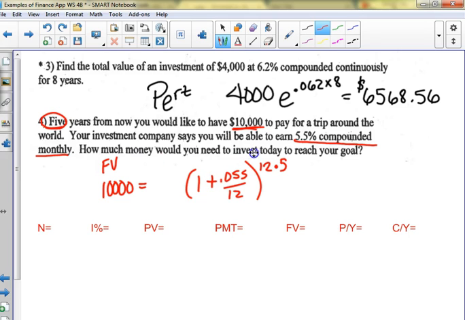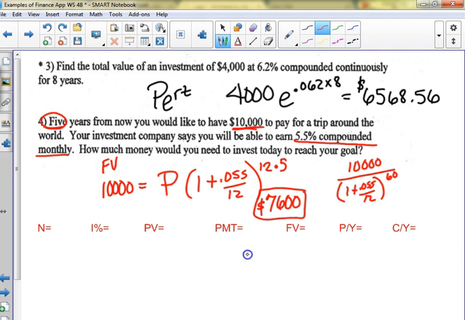It says, how much would you need to invest today? So we're going to put all of it in at once. So could we solve that real easily? What would we do? 10,000 divided by all that garbage, right? $10,000, make sure you get all your zeros in, divided by parenthesis 1 plus 0.055 divided by 12 to the power of 60. I got basically $7,600